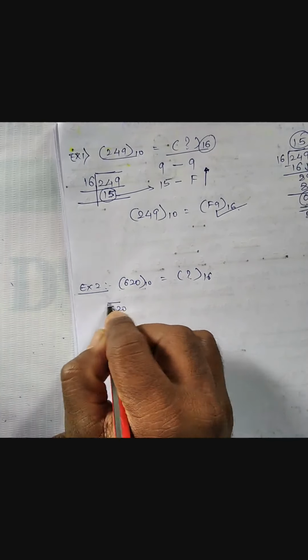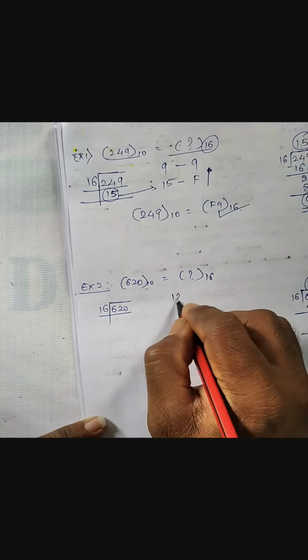620 divided by 16. So it is repeated division by 16. So let us have here a rough calculation. This 16 4s are 64, which is greater than this. So 16 3s are 48. Okay, so the remainder is 14. So this is 140, and 16 8s are 128. So the remainder is 12. Now this is our quotient, this is our remainder, which is in decimal form,